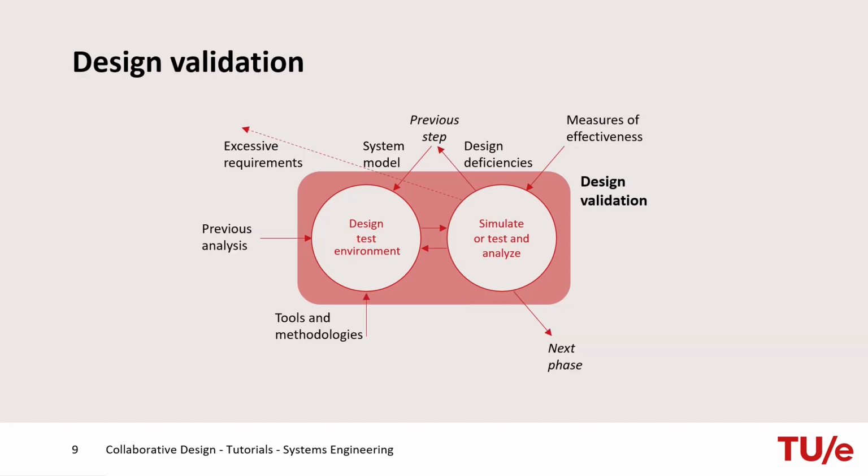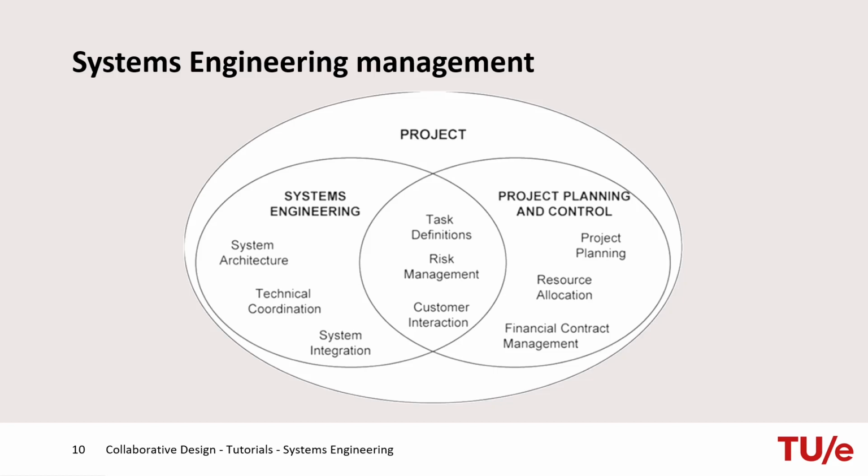The final step is design validation, also named verification and evaluation. In this step you will check if the functional definitions that you specified in the second step are filled by the physical definitions in the third step. In other words, you will check if your design actually fulfills the requirements that you stated earlier. If you have stated that your design should accommodate the activity sleeping, then you must check if indeed a sleeping room can be found in your building design. Similarly, if you stated that your design should accommodate parking, then you must check if your urban plan contains sufficient parking places. In the previous 4 steps I have briefly explained the systems engineering method.